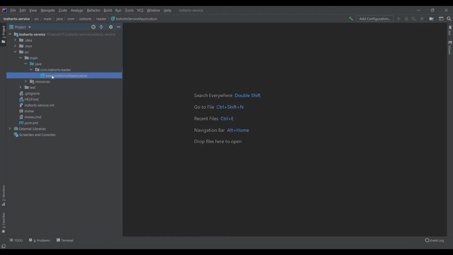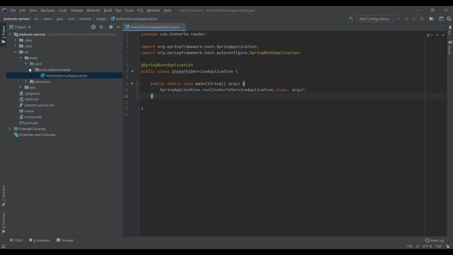Finally, we are inside the main Java source code. This contains our main application. This was the default base package, so any files you make will go inside this package. Let's say you want to add another package. We'll be adding this as a base package, and then you'll be including any other things, and that we'll check out later.